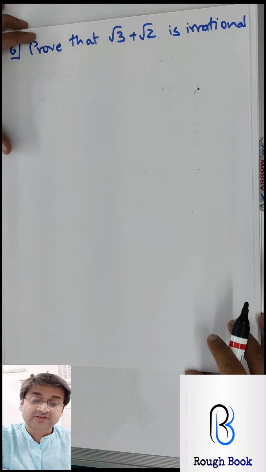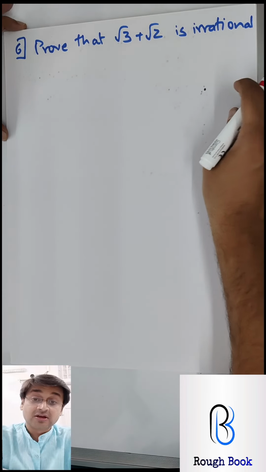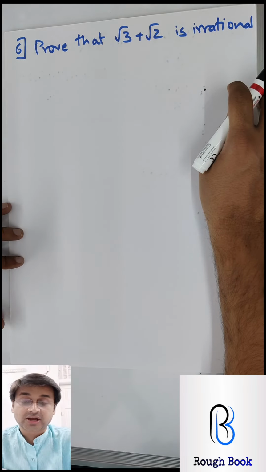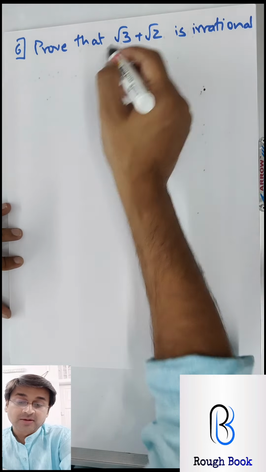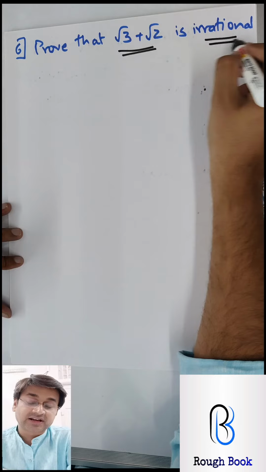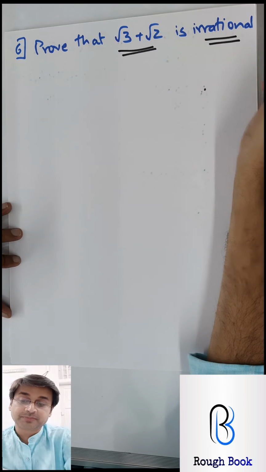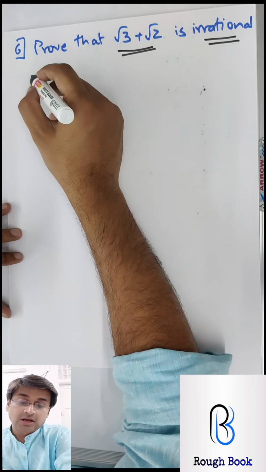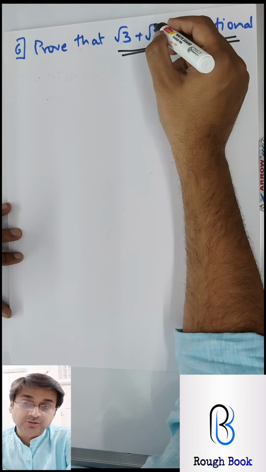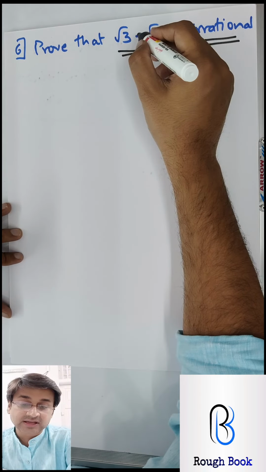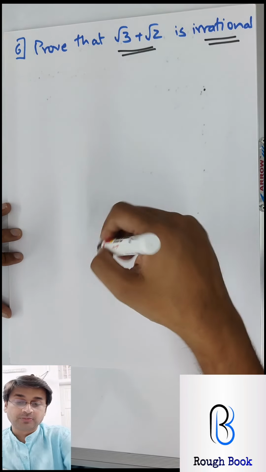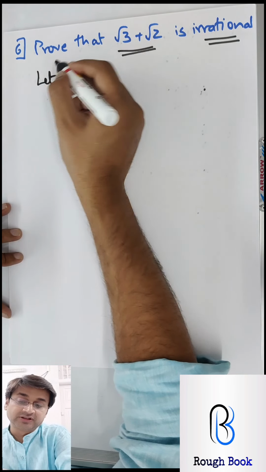Now there are 2 sums which are left in between, that is 5 and 6. Very important, very crucial. So I thought I'll do it right at the end. Prove that 3 plus root 2 is irrational. Now how will we do this? Pay attention carefully, okay? Or let's take it this way. There are 2 parts over here. Let's take this first and then we'll do one more part, okay? So you are going to go reverse here.